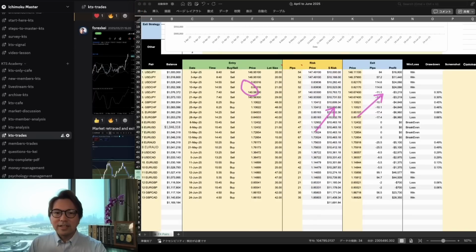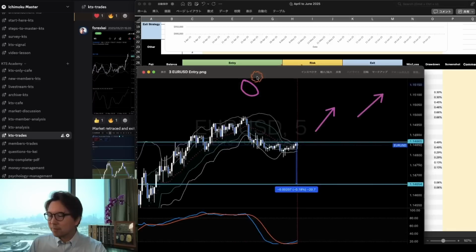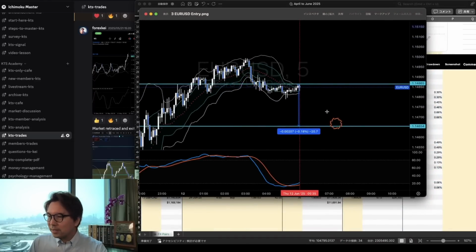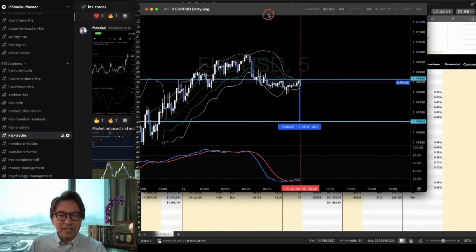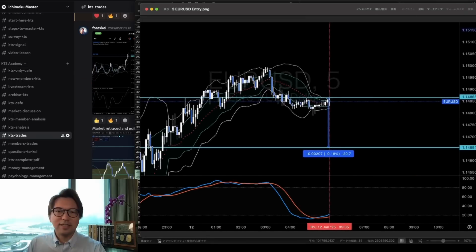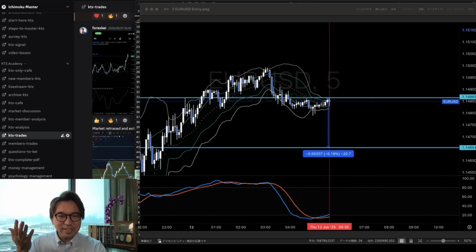And next one is the entry screenshot. In the 5-minute time frame, it looked like this. Would you enter a trade here when you see the market live? Please imagine that and listen to my explanation. So here I found multiple confirmations, multiple reasons to enter the market, like the band squeeze and golden cross on the stochastic,